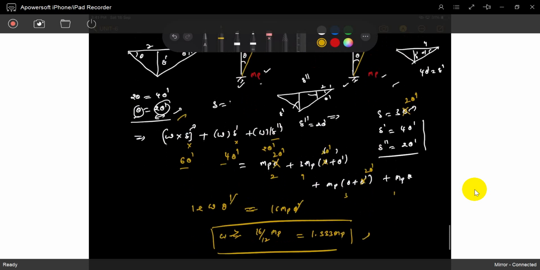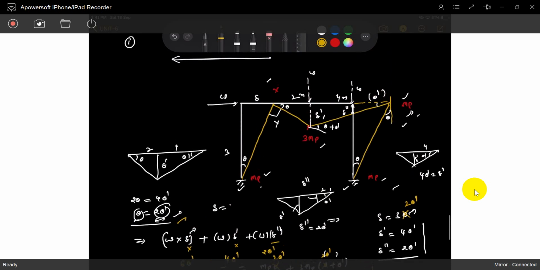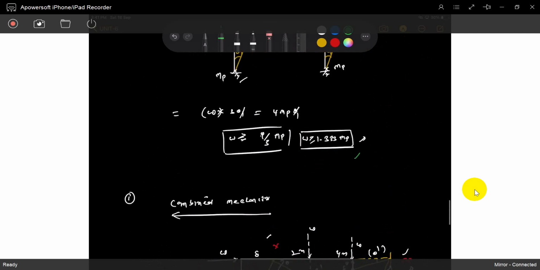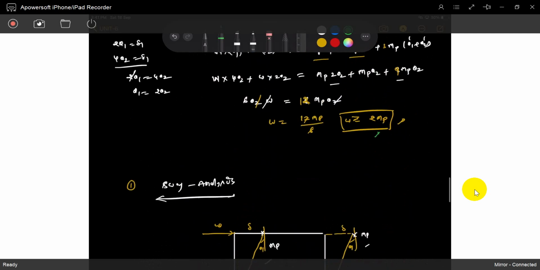If the load is not exactly symmetrical, you have to check two conditions in the combined mechanism also. One thing is possible here, one thing is possible there. You have to check if the loads are not symmetrical. That's somewhat lengthy. Now which one do you have to allow? It's 1.33 here, and here it's 2. Which one is minimum, you have to take care of it. That minimum we have to apply on the system.